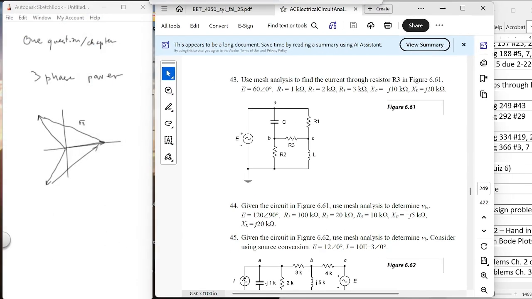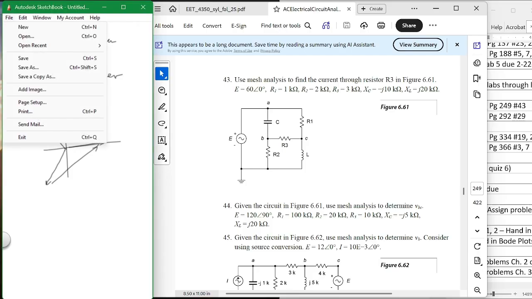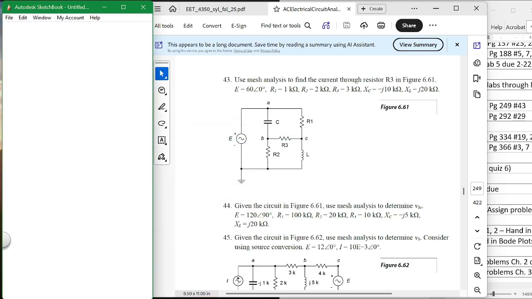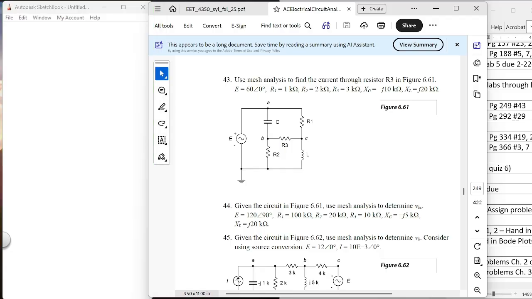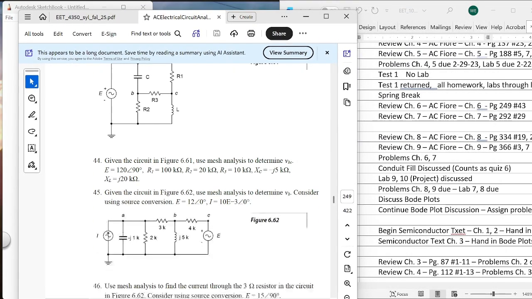You have the I1 loop. Do I need to go back over this question or not? You got it pretty much? You know how to do this? All right, I'm not going to worry about it then. If you can do this question, you're good. That's a good one. Using mesh analysis, write the equations for that one. That's a good question. Okay, now chapter number 7,